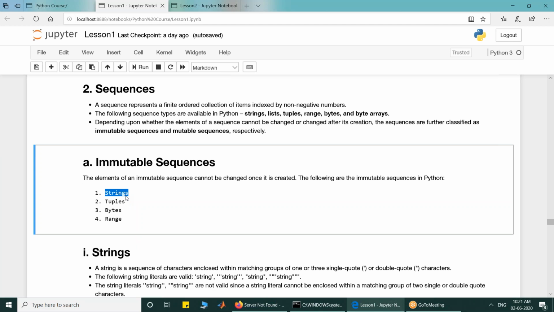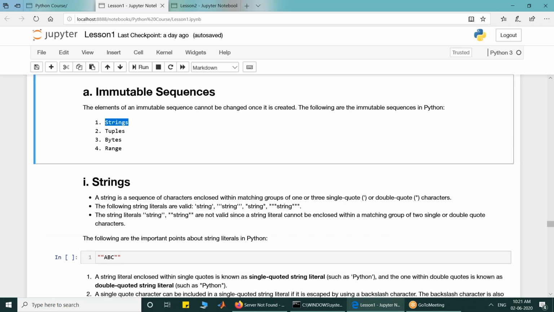Tuple, we have already discussed that if you write a sequence of expressions and then separate them with commas, optionally enclosing them within circular brackets, that forms a tuple. And it is possible to access elements of the tuple with the help of an index.